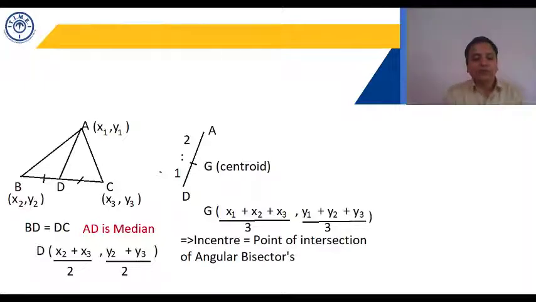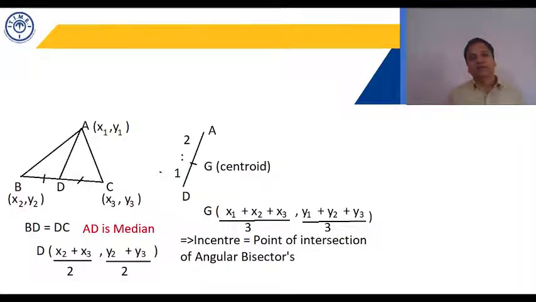Incenter is the point of intersection of angular bisectors. If the three internal bisectors of a triangle meet at a point, that's called the incenter. And if we take that particular point as center and drop a perpendicular to any of the sides, we get